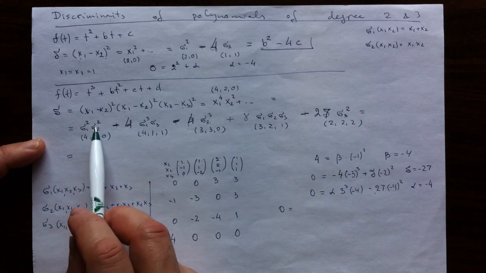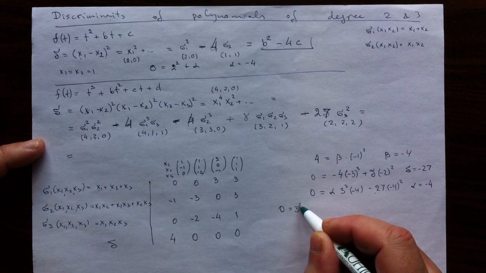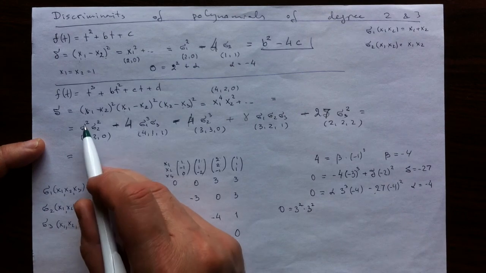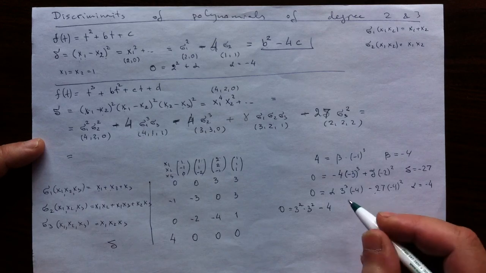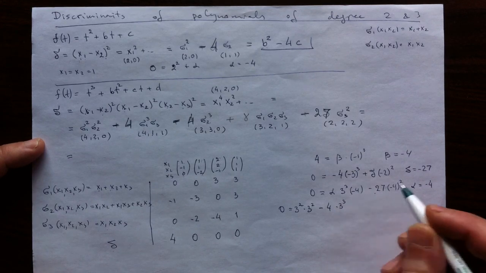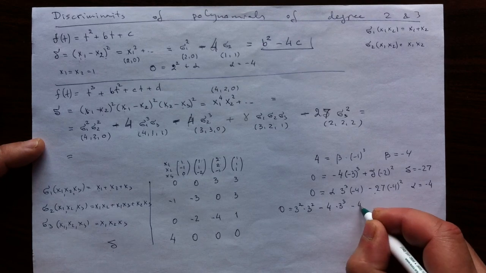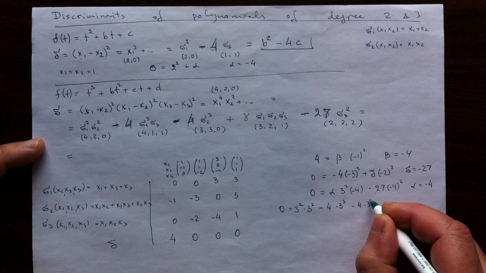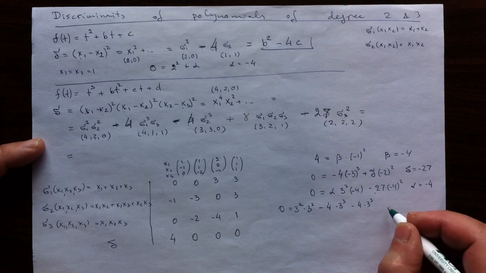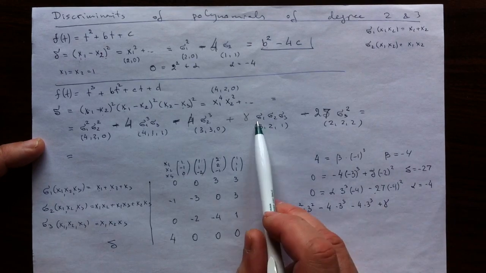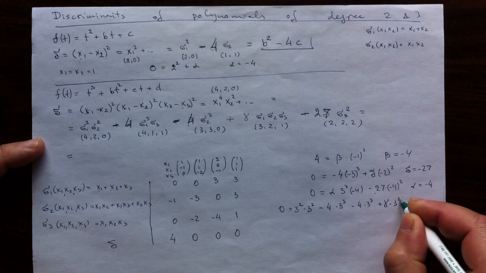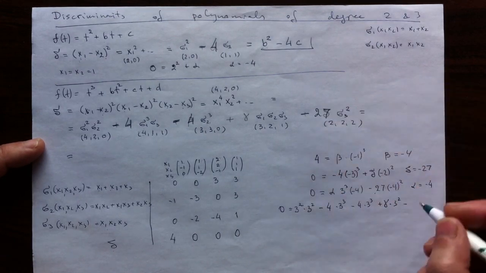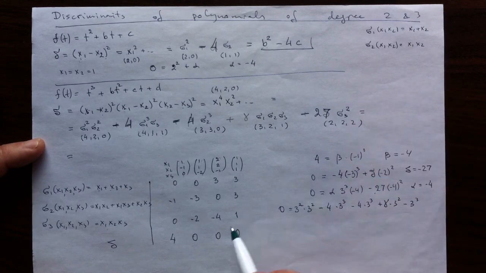Sigma 1 squared, sigma 2 squared, I'll just write what it is, 3 squared times 3 squared, not cubed but squared. And then negative 4 sigma 1 cubed, sigma 3, so I'll have 3 cubed and then 1. Negative 4, 3 cubed again. And then gamma, my unknown gamma, sigma 1, sigma 2, sigma 3: 3, 3, 1. I just write it as a 3 squared. And then negative, I'll write it as 3 cubed times sigma 3 squared times 1. So that is the equation from which I will